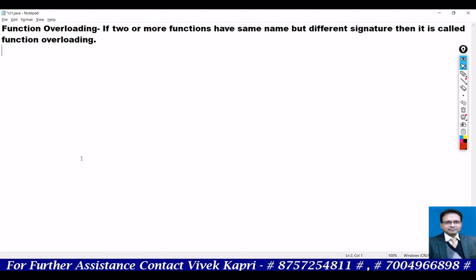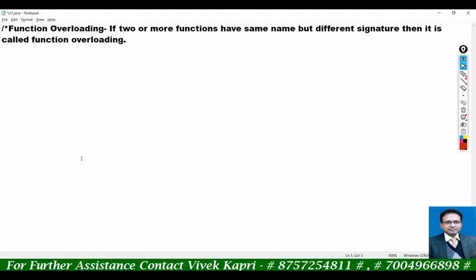Okay, if two or more functions have the same name but different signature, this is called function overloading.